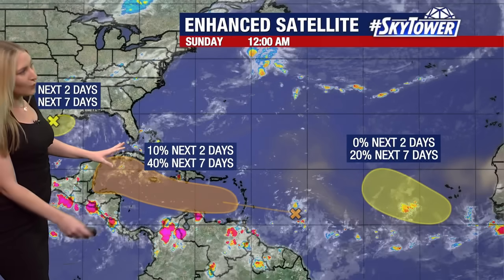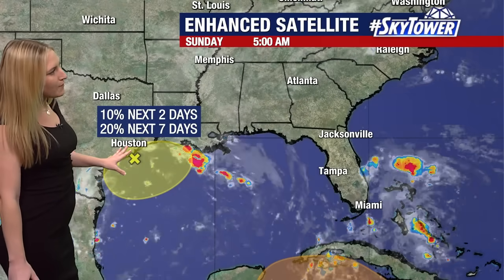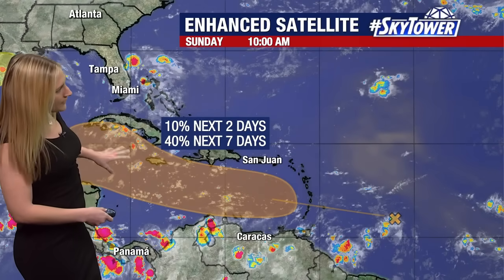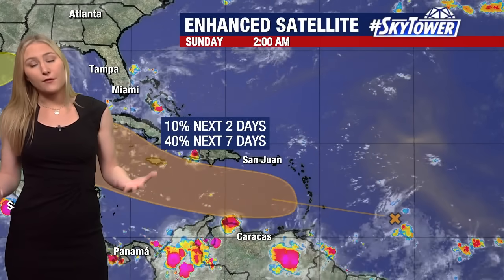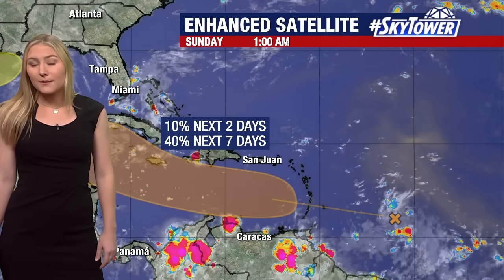So not much is going to happen in the next 2 days, but especially this blob here, this orange color, that's going to move into parts of the Caribbean Sea. That one is going to be more favorable than the system in the Gulf of Mexico or that wave out in the open ocean. So once this one crosses the Leeward Islands, that likely will be on Monday, it gets into the Caribbean Sea. So through the middle of the week, this is a zone where conditions are going to be very favorable for additional strengthening. So especially areas around the Caymans, Jamaica,